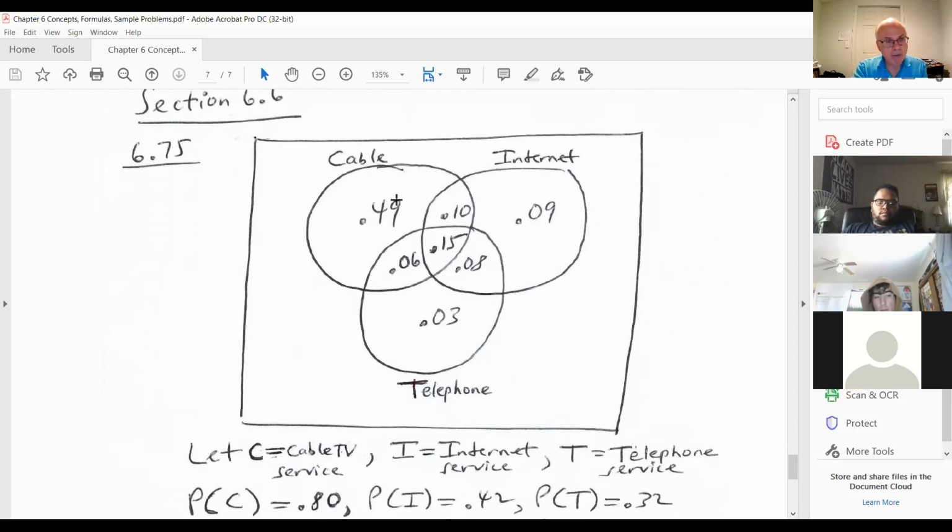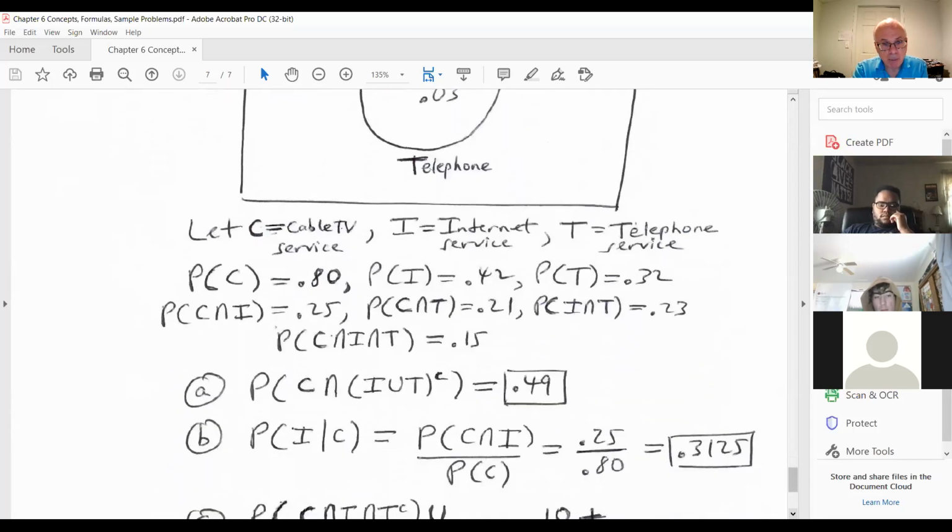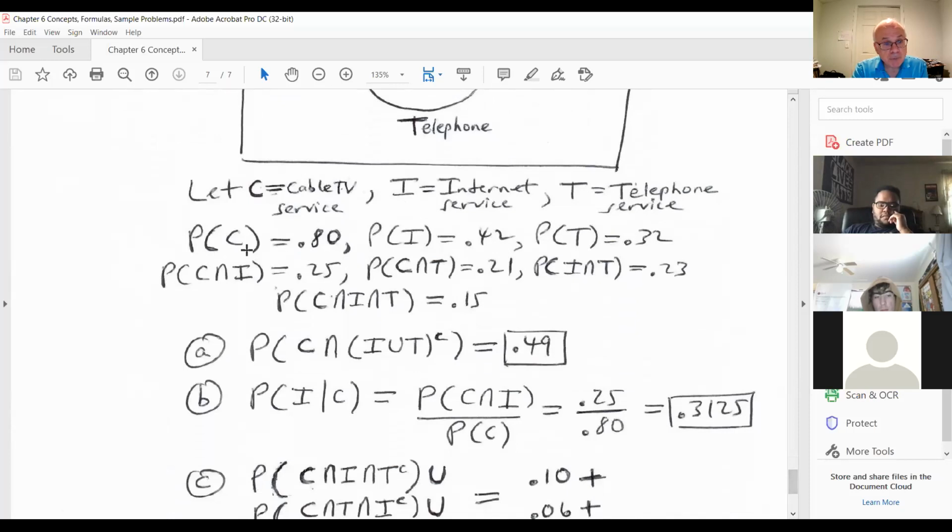Now the Venn diagram is not given in the problem. I drew this. What's given in the problem is a cable company that offers at least 3 services, but they're only mentioning 3 of them: cable, internet, and telephone. And then what they give to you is this information here. They give you the probabilities that if you select somebody at random that's a customer, they pick cable. Or what's the probability of internet? What's the probability of